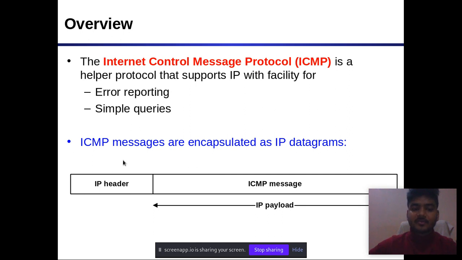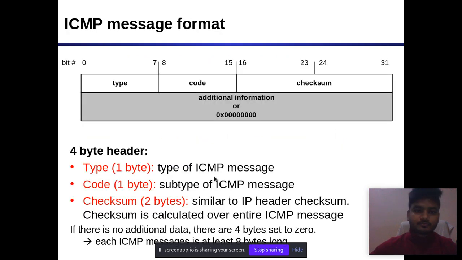So this is the format of the IP header and ICMP message. ICMP messages are encapsulated as an IP datagram. An ICMP message format consists of three parts: type, code, and checksum. Type is 1 byte, code is also 1 byte, and checksum is 2 bytes. We are familiar with the checksum, which is calculated to check whether there is an error or not.